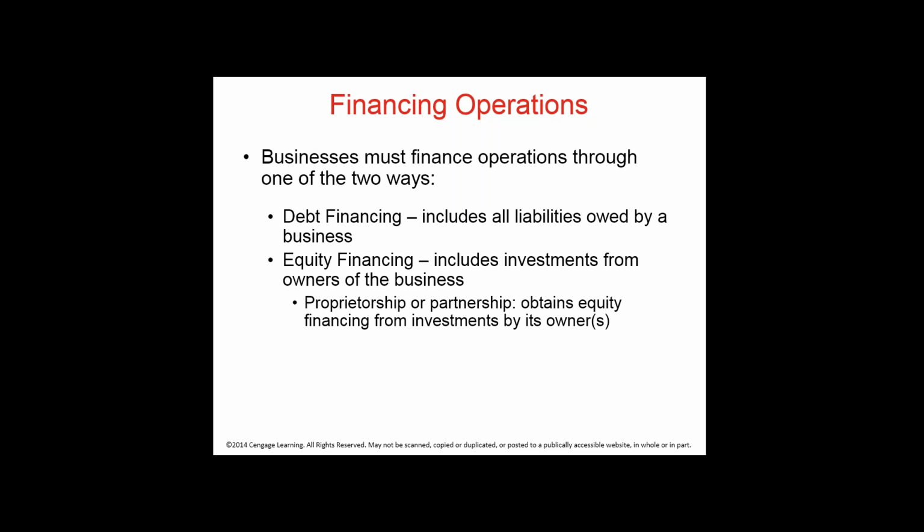In equity financing, in a proprietorship or a partnership, equity generally comes from the owner or owners of the company. For a corporation, they obtain equity financing by issuing stock. Think about it. Do you own stock? If you purchase stock from a company at their IPO, the initial public offering, you have provided equity financing for that corporation. And that corporation never has to buy that stock back from you. So you have, in effect, helped them finance their operations.